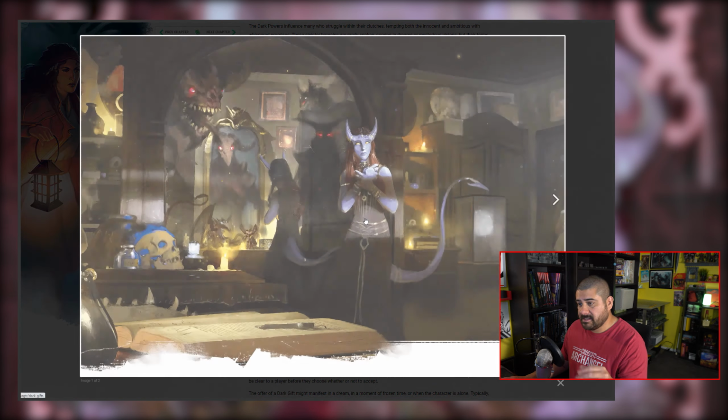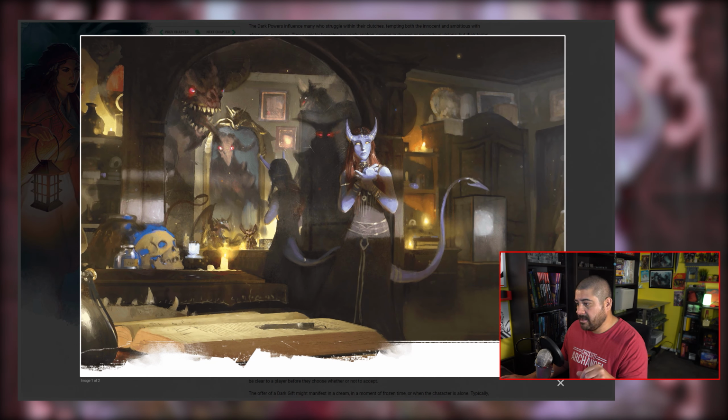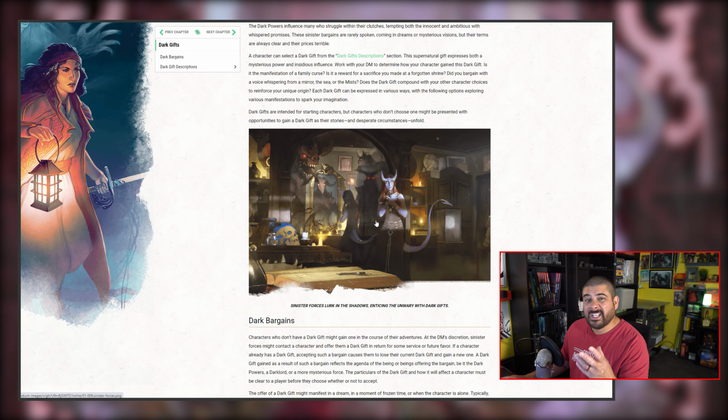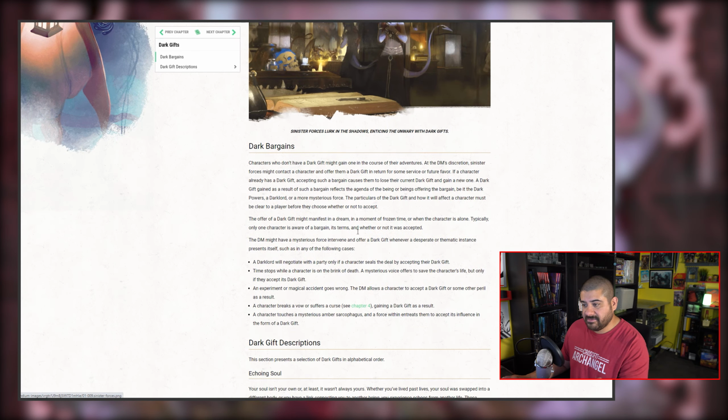This artwork is absolutely incredible. It's stunning. Kind of feels like there was a piece of cool concept art drawn, and then it has a little bit of a paint daubs sort of Photoshop filter over the top, but I really like it. I like the subtlety, the differences of seeing one thing in the mirror, but yet you have this, and then it's just really well done. And then the shadows and the demons really scream to this little section of dark gifts, dark bargains,